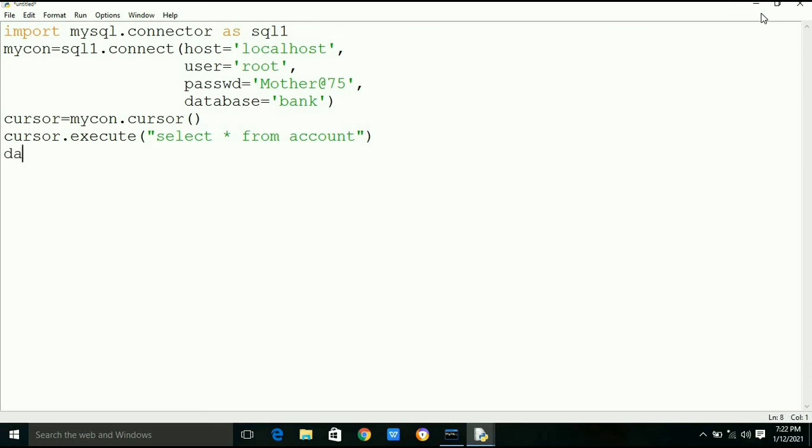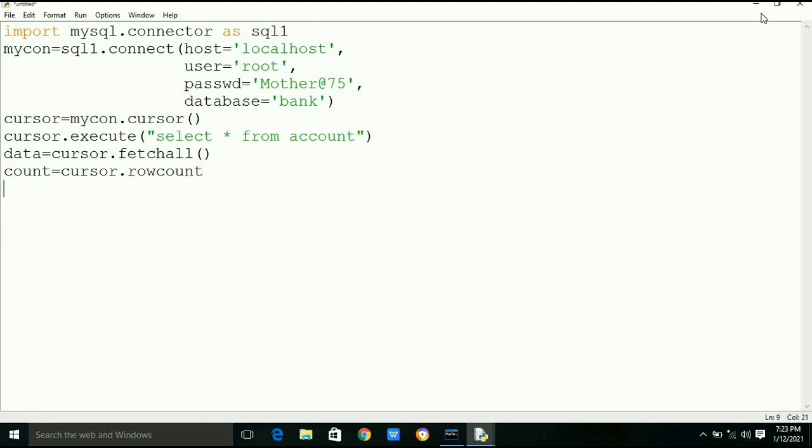Data is equal to cursor.fetchall, which will retrieve all the records in the form of a tuple. Now data is a tuple. Count is equal to cursor.rowcount, which will count the number of records or rows retrieved from the cursor.